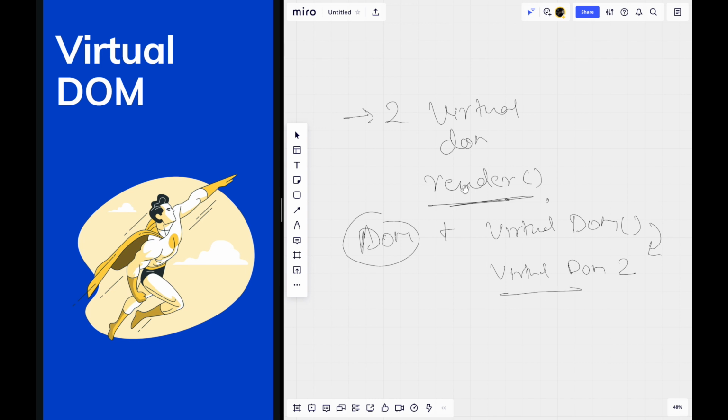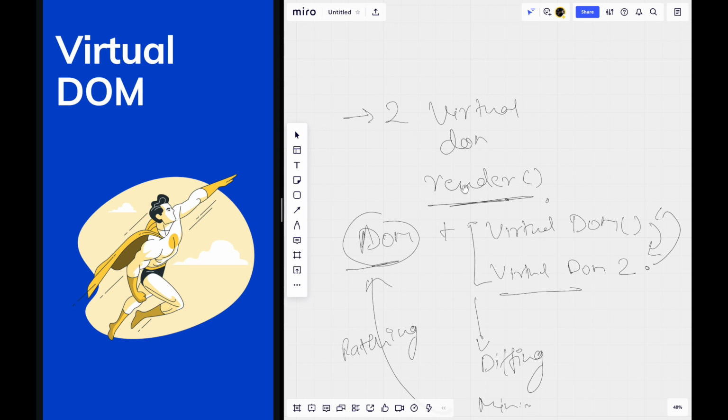Now we have two virtual DOMs and one actual DOM. Using the diffing algorithm, these two virtual DOMs are compared, and the minimum number of steps is found to make the changes from virtual DOM 2 in virtual DOM 1. Now these changes are sent to the actual DOM for patching. This is known as patching, and in this manner the DOM is updated. So what happens if while updating my DOM some other changes are made? Those changes are sent in the next batch and the cycle continues.